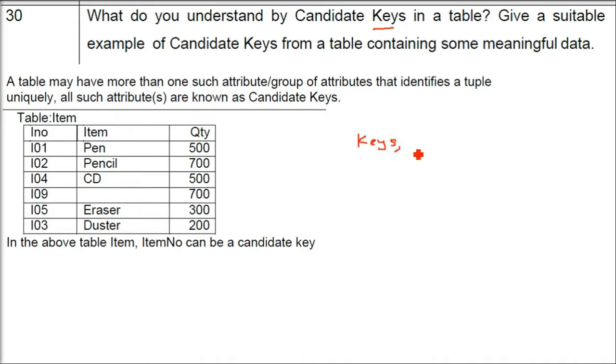You say keys. Why this S has come, I'll just tell you. If you say key, if you say column, if you say attribute, key, column, candidate key, again column, primary key, again column, alternate key, only column.